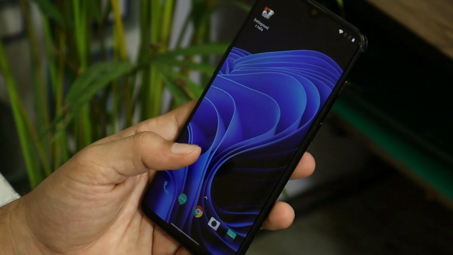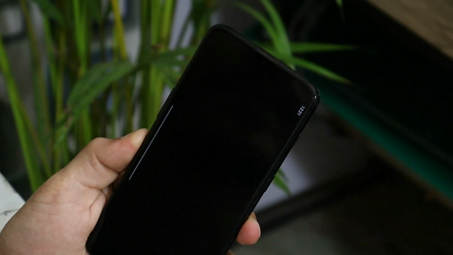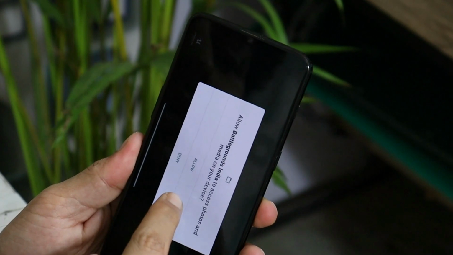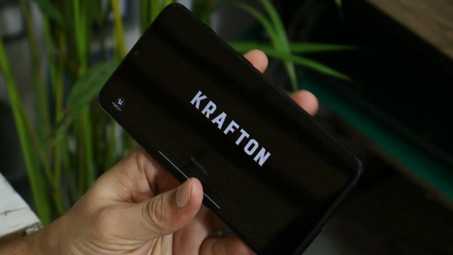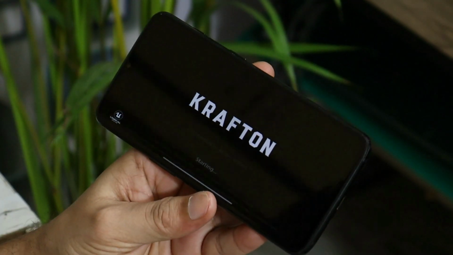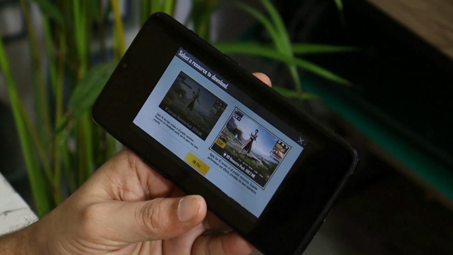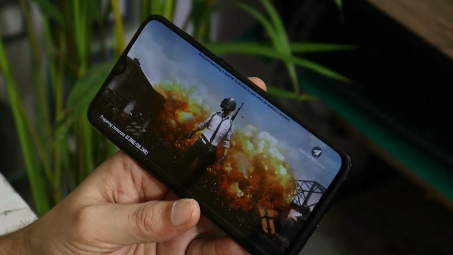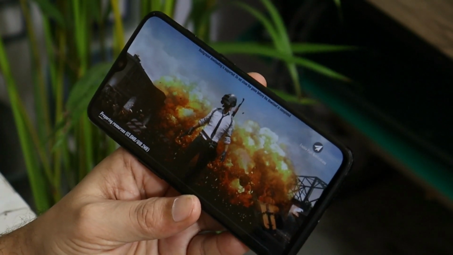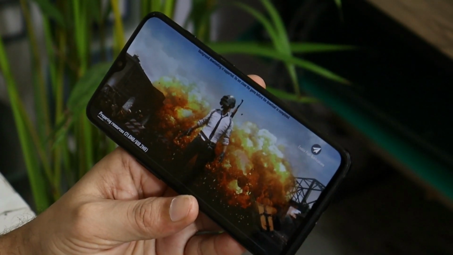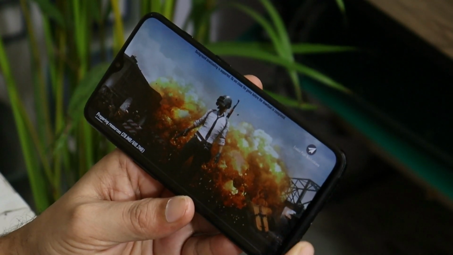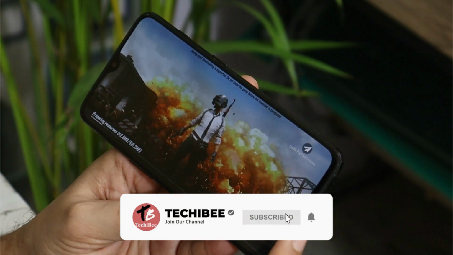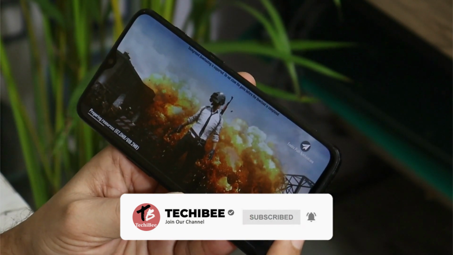Let me show you once now, by launching the game. Now you won't get any kind of errors related to downloading of OBB files. And here you can see the game has started. Then it will ask you to download the resource pack. Depending on your requirement, you can download them. So I'll download the HD resource pack. And meanwhile it downloads, let me show you, because currently my OnePlus 6 is running Oxygen OS 10, which is based on Android 10. But creating an OBB folder on Android 11 is a bit complicated.